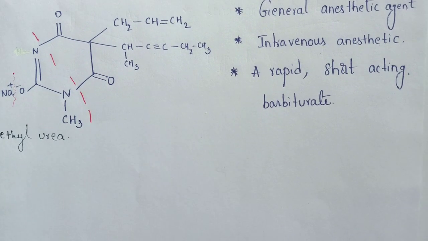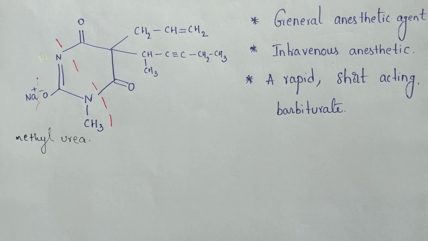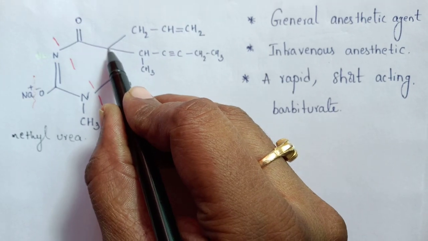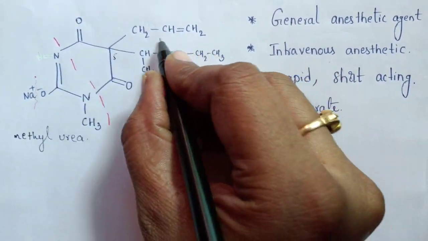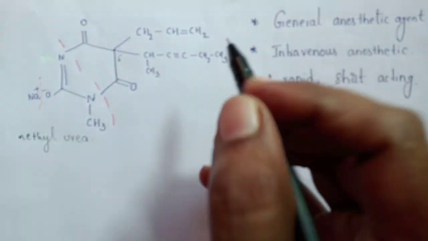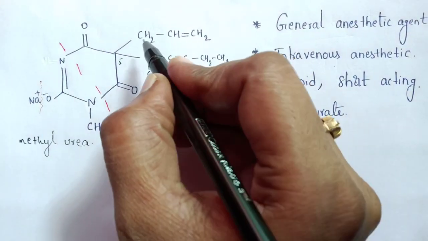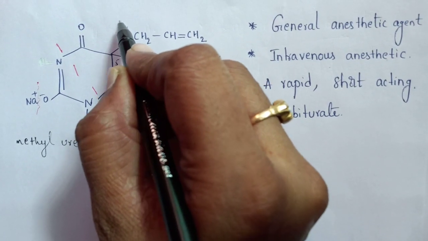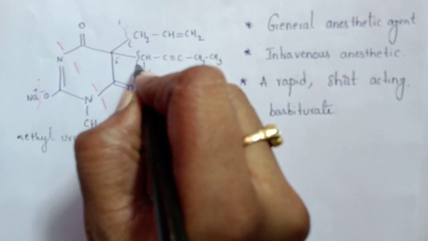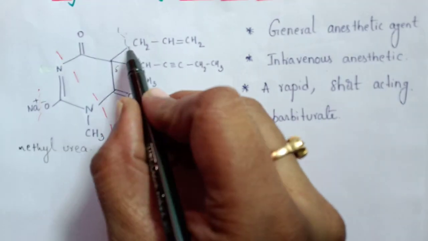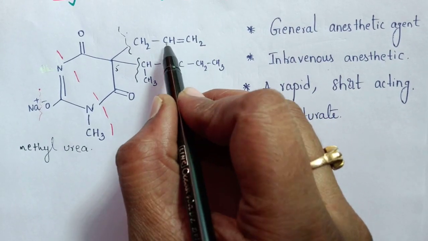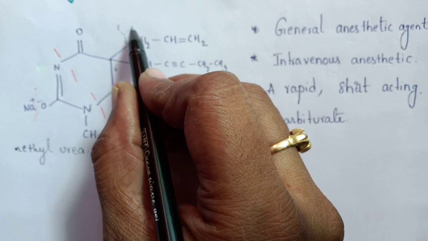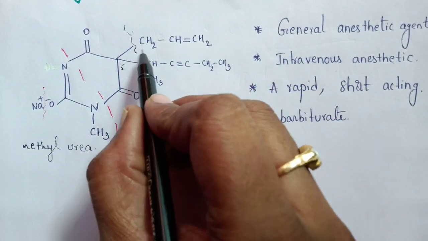Methyl urea is one starting material, and for the other, at the fifth position we have to use an allyl derivative as well as a hexane derivative. For this carbon atom, first we attach this functional group and next we attach that functional group. So what is that? This one is 1, 2, 3, we can name it as propene. Here we are attaching bromine, so we are using 3-bromopropene.